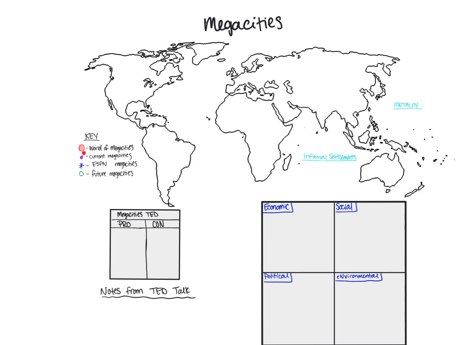And then for the map part, the first part is to grab a color and draw in 10 megacities that could be used instead of countries. So if those country lines were not on your map, where would you draw your megacities? There were several little circles that he showed in the maps in the video. So if you want to open that video back up and pause it and start it, find some megacities that could be used. Maybe you remember what he was talking about, but 10 megacities that could be used. And then in your notes section, justify why you chose those megacities.